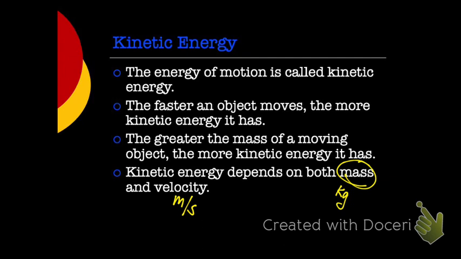Okay, so we have to make sure that when we plug things into our problems, our mass has to be in kilograms and our velocity has to be in meters per second, which means we might have to do some conversions to be able to put them into our problems. Okay, we've got to make sure that we know how to convert those things. If I needed to convert 4 grams to kilograms, how would I do it? Okay, I'm going to use a table, but what's my conversion factor? Do you remember?